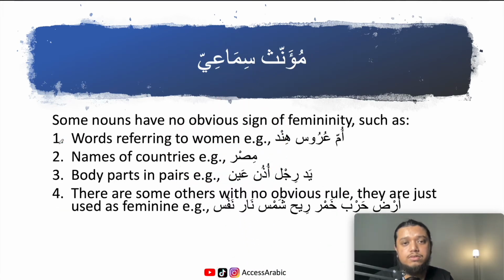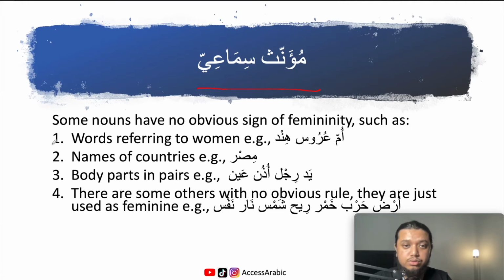However, we do have some words that are feminine, but they show no obvious sign of femininity. These are known as mu'annath sima'i. These are heard feminine words, meaning they have been used as feminine without any obvious sign. It's just we've heard it and we use it as feminine. Through the study of language, grammarians have noticed that mu'annath sima'i generally fall into certain categories, such as number 1,